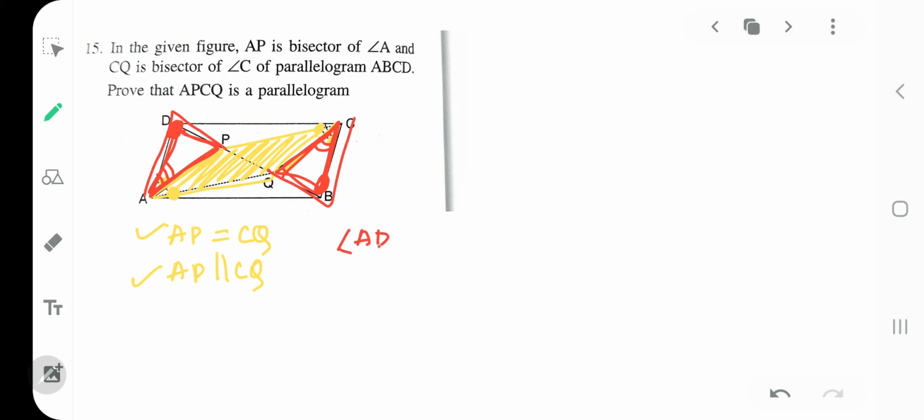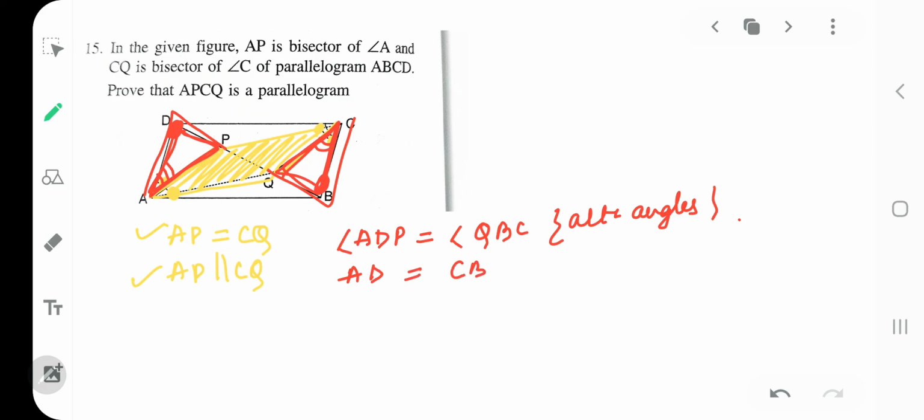Angle ADP will be equal to angle QBC, alternate angles. Then you have side AD is equal to side CB. I am taking two triangles, triangle ADP and triangle CBQ. So I got two reasons, and the third reason will be